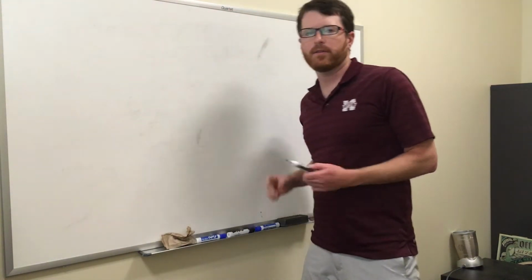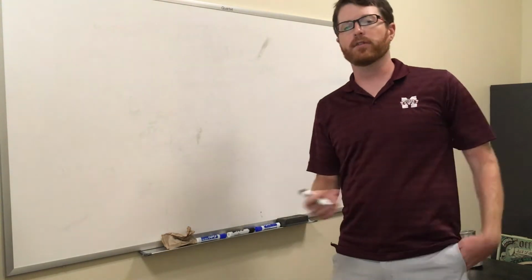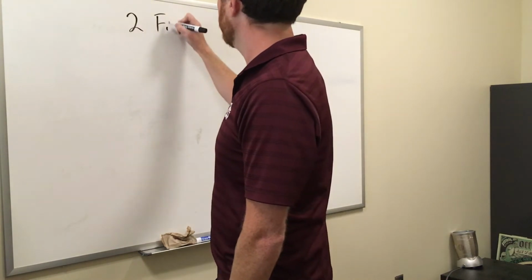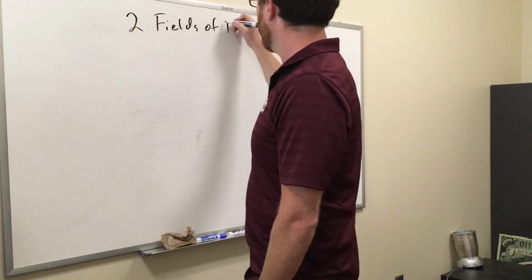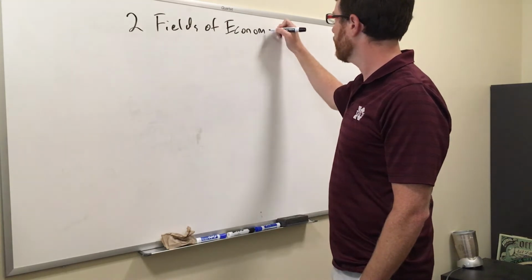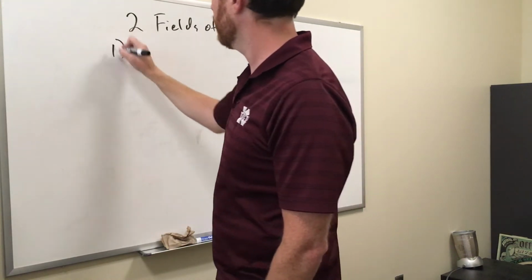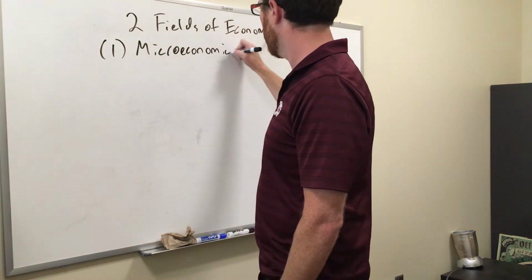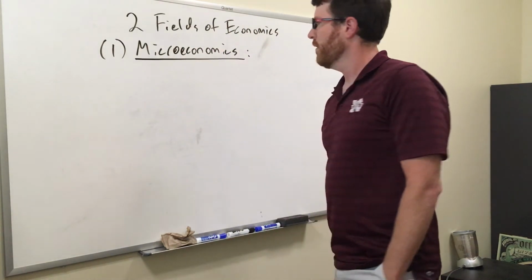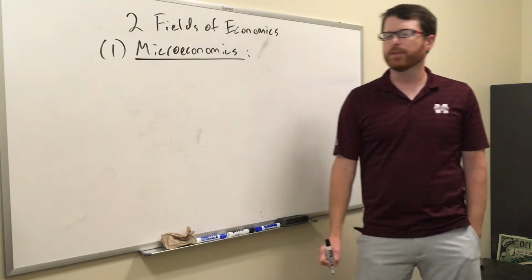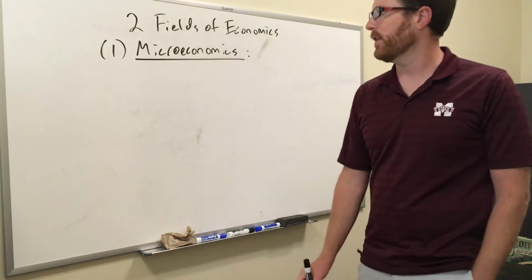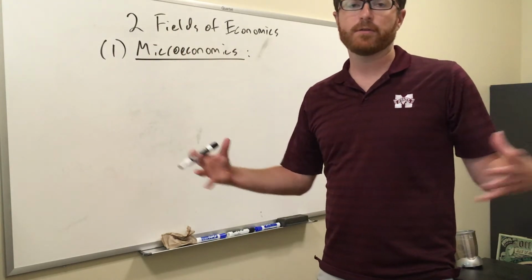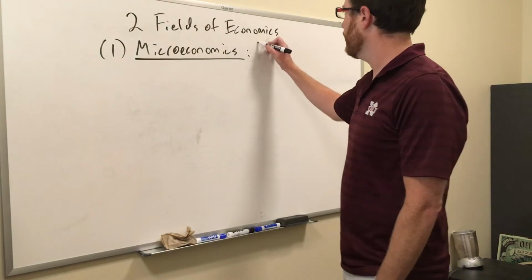Economics is broken down into two fields. So it's the science of scarcity in general, how people make choices, that sort of thing. But there are two fields of economics. And in no particular order here, one of those fields is microeconomics. And as you might imagine, if it's microeconomics, it studies things that are small. So microeconomics is the study of